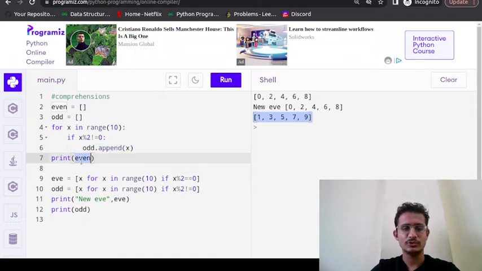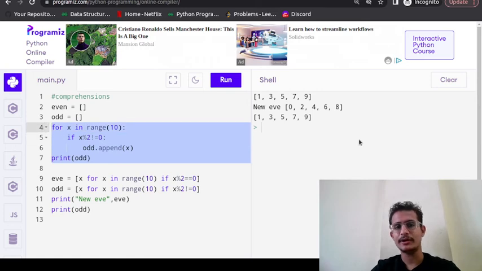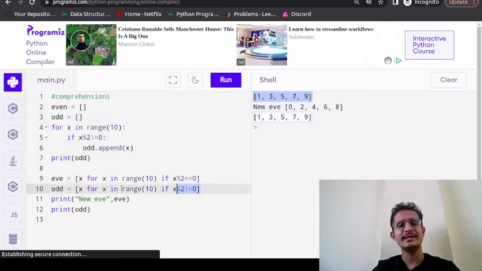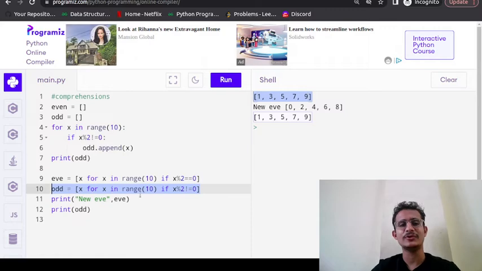Okay, so the code will work. You can see this is odd, you are getting the thing, but for this you have to write a 4-line big code. Generally in companies, people write this code and they feel that they are smarter. Both the things are the same, but if you want to write a cool, short code, then comprehension is for you.